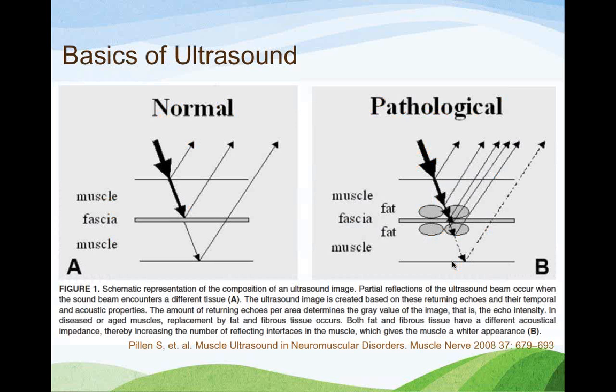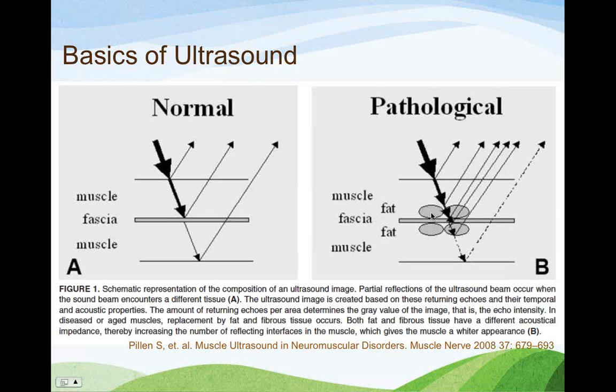So the basic MRI ultrasound review here is that when you have the sound sent off by the crystals in the ultrasound probe, they basically reflect off of the different surfaces in the muscle. And there's a standard image that comes across that's pretty dark. It doesn't have a lot of reflection or increased echo intensity or whiteness to it. But what happens is when you have